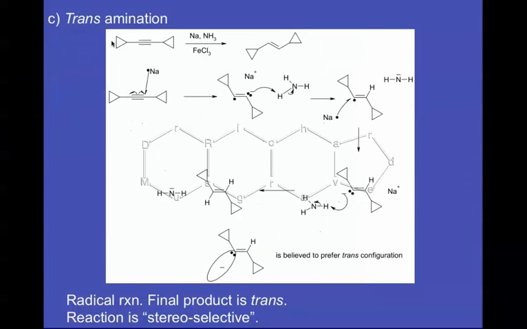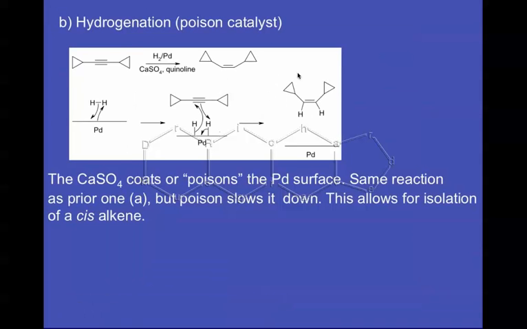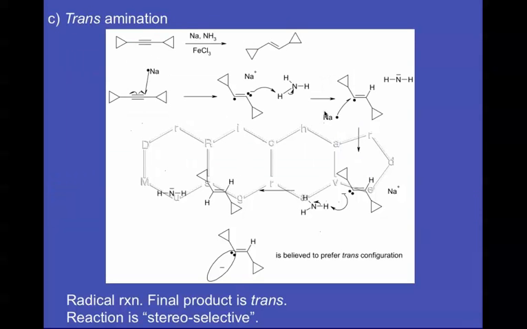Next, I would like to talk about transamination. In the previous example, I showed you a way that we could create cis-alkenes. Now here's a way that we can create trans-alkenes. The way this works is that we use sodium and ammonia and iron(III) chloride, and what happens is